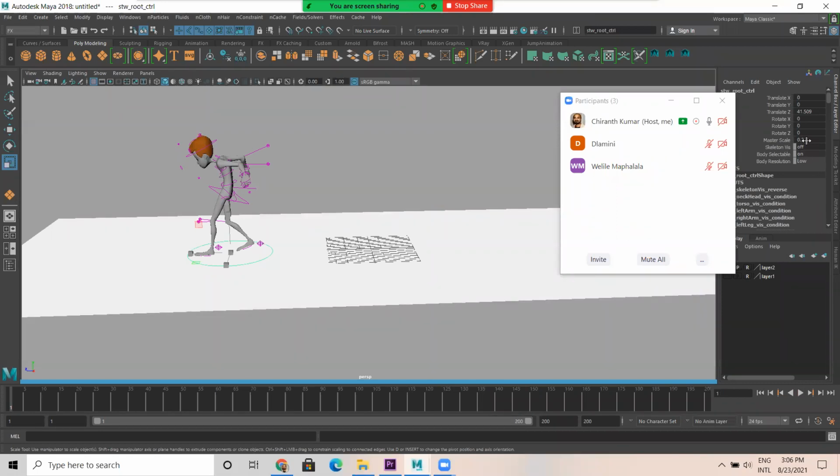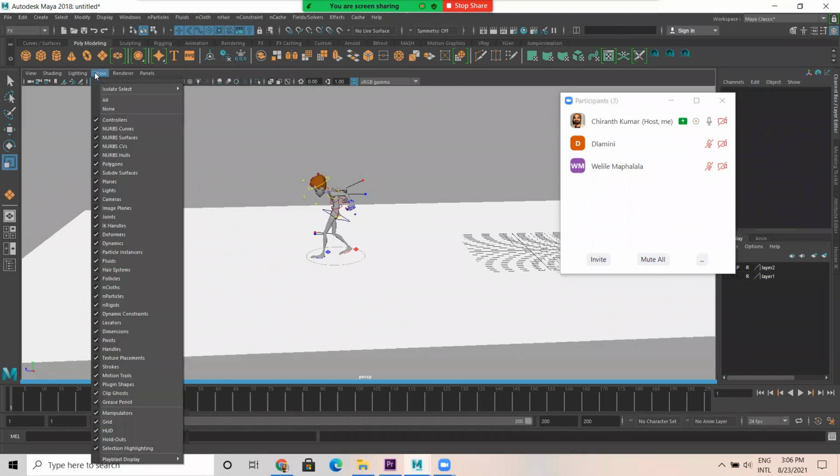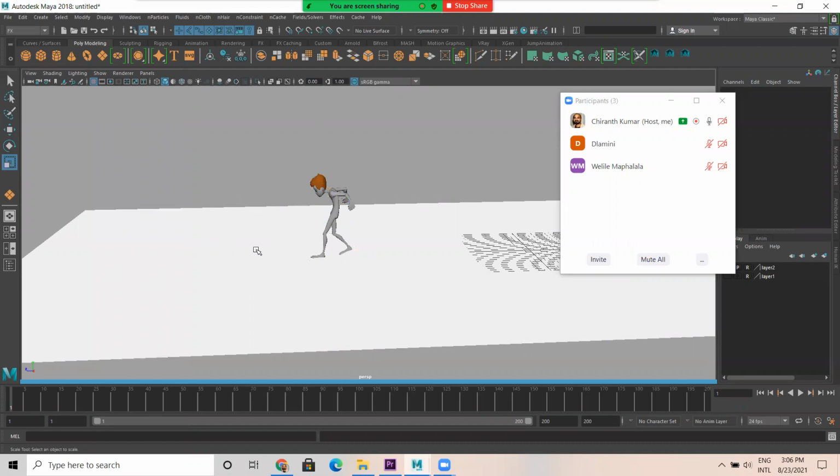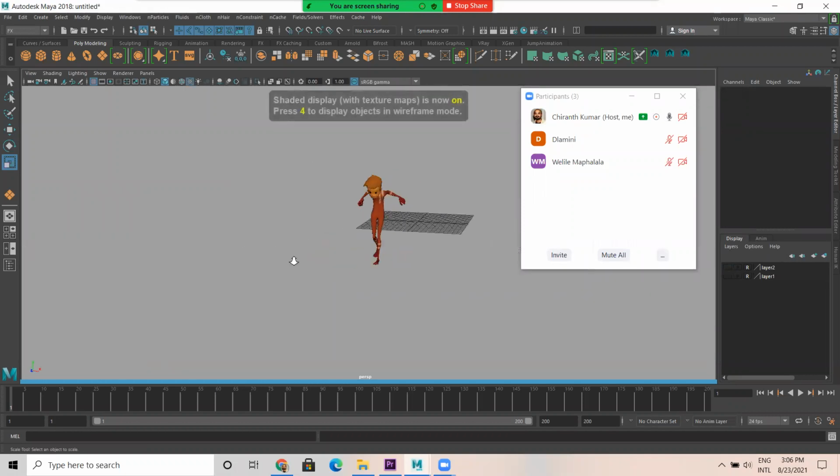Show the close up, maybe like this. Fine, we have a character here.